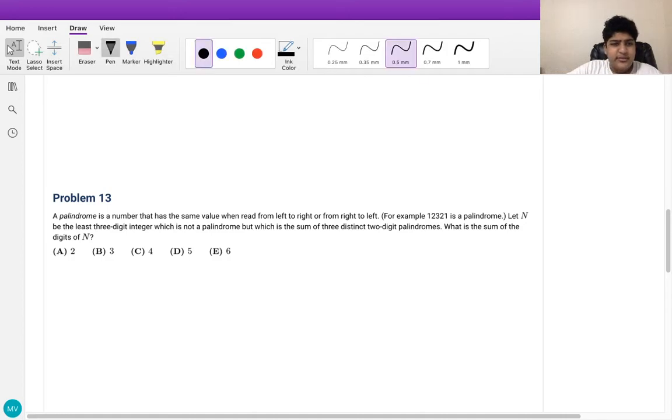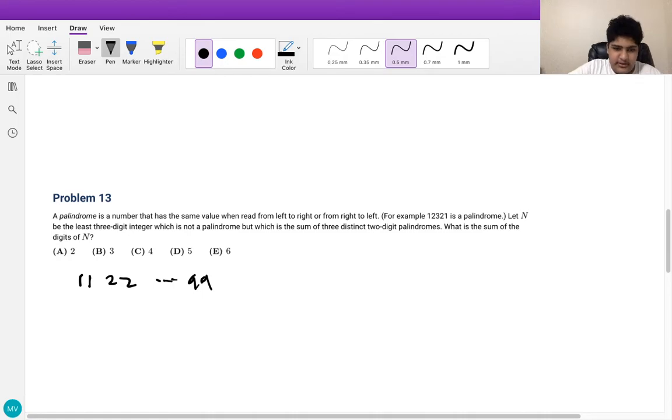Well, the only 2-digit palindromes are the multiples of 11. So we have 11, 22, ..., 99, which means that their sum is also a multiple of 11. And the lowest multiple of 11 greater than